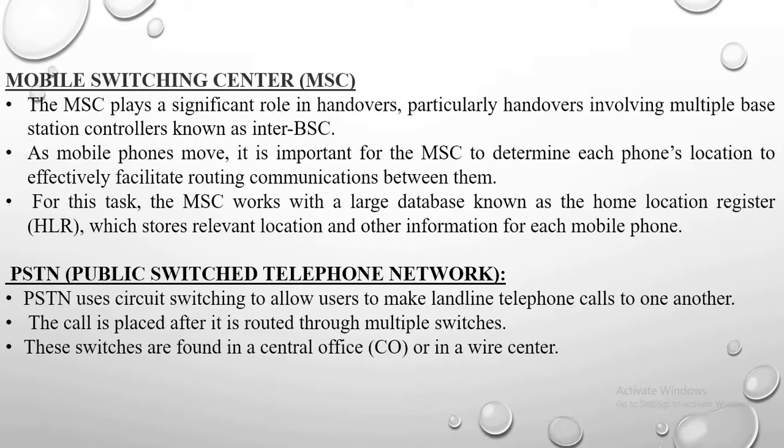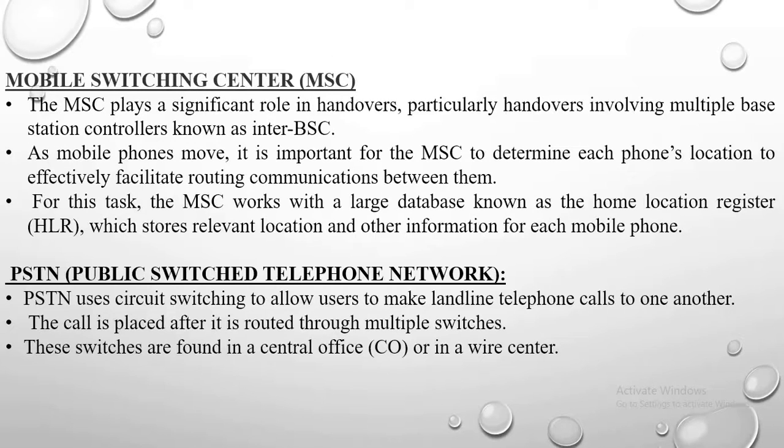But if you are not in your native place, if you are in another network, then it is going to search where the user is in a particular geographical area, and it recognizes that area. First of all, it is going to send the information to your home mobile switching center. From the home mobile switching center, it is going to send the information to the other mobile switching center where you are present. So from there your signal is connected to your phone. That is the working of your mobile switching center.